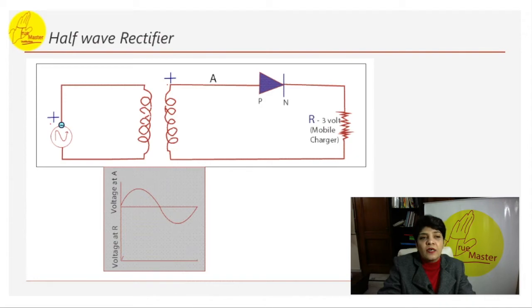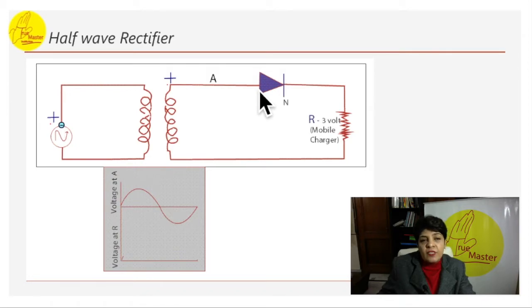The voltage across R is only the positive half wave of the input. The total input is going to be, say, this complete curve, but the output is going to be only this positive part. The negative is going to wait here. During the negative half cycle, the diode is reverse biased. The diode here, this is the diode, it will not allow, it will stop. Why will it stop? Because it is going to become reverse biased.